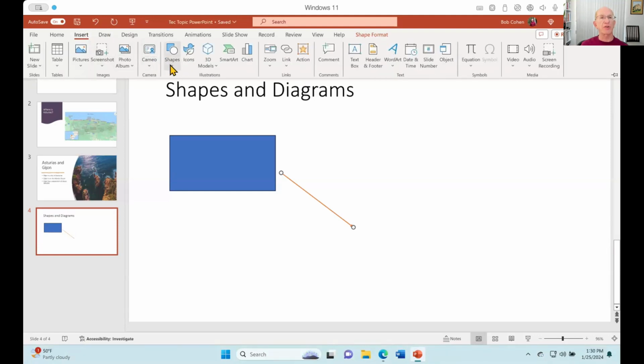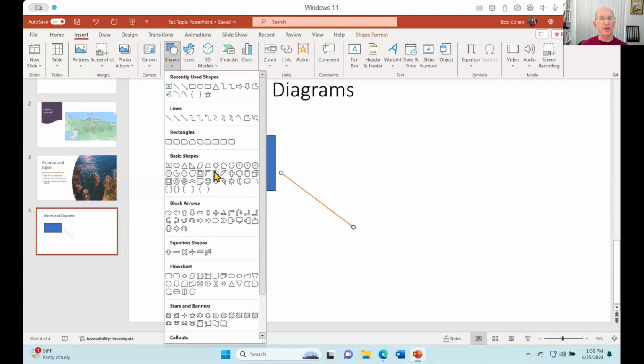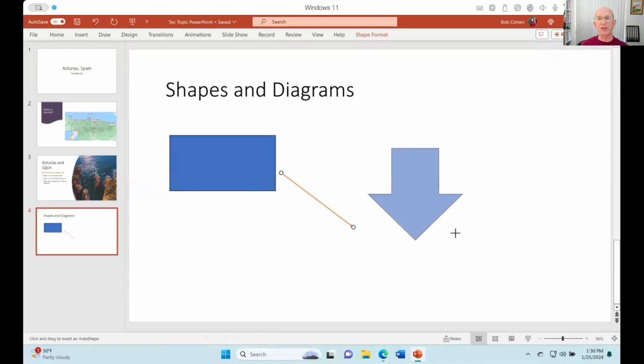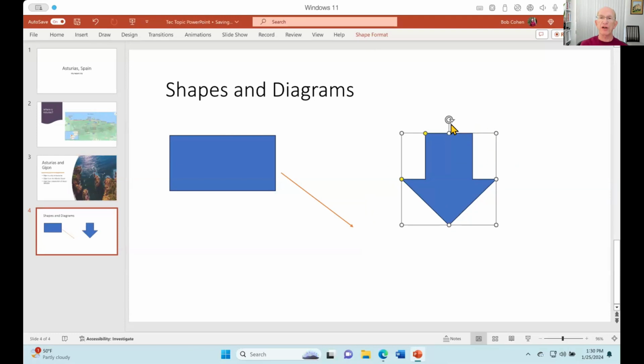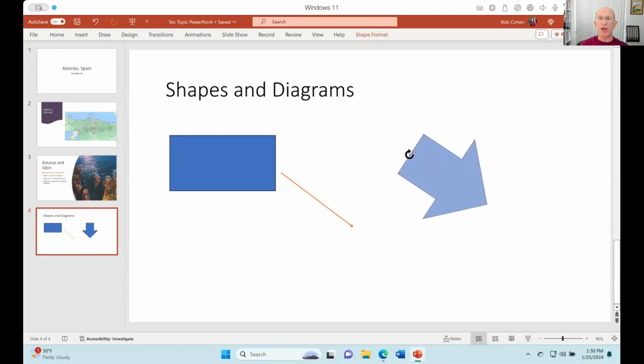If I go to another shape here, I can choose a thicker arrow like this. Now, PowerPoint puts these objects on a blank sheet of paper, and you have the ability to grab them with your cursor. And when your cursor changes to four arrows, you can move these around. You also have the ability to change the orientation when you grab this spinning handle up here. And so you can change which way the arrow is pointing and what direction it's pointing in as well by